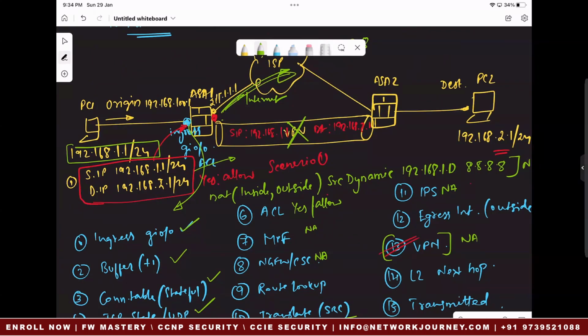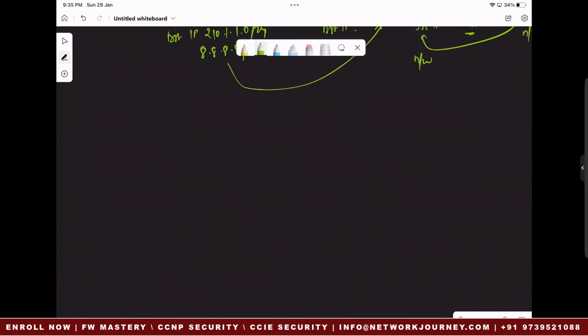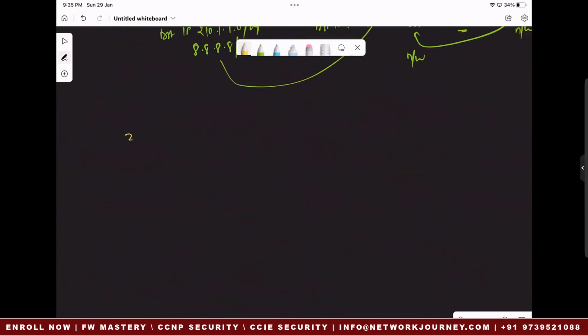Okay, so this is what happens in scenario 2 when you add a certain NAT policy. So scenario number 3 is: how do we bypass that? How do I take VPN traffic over the VPN, and how do I take the remaining traffic over the internet? For this, we need identity NAT. What identity NAT does,